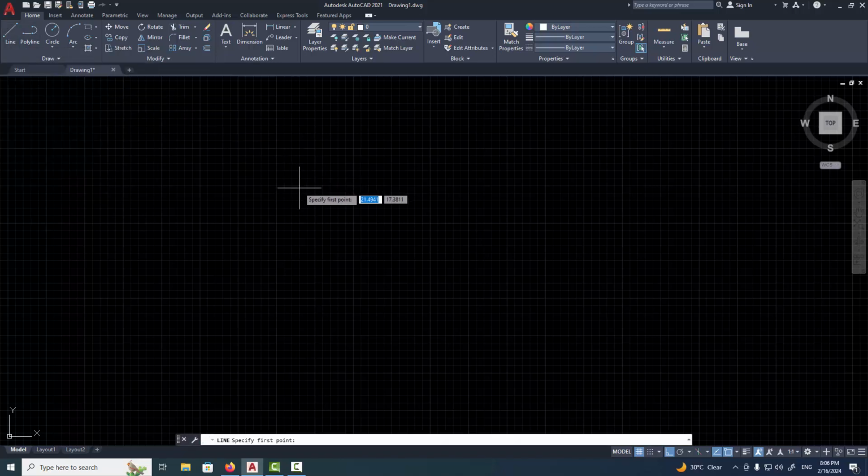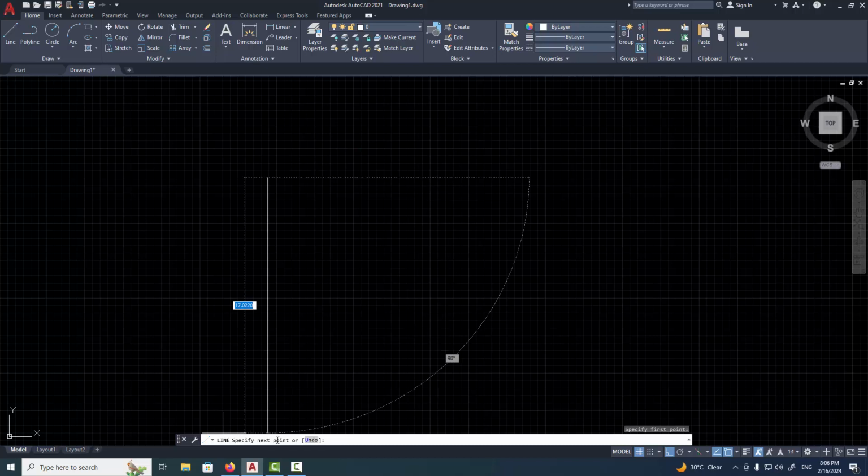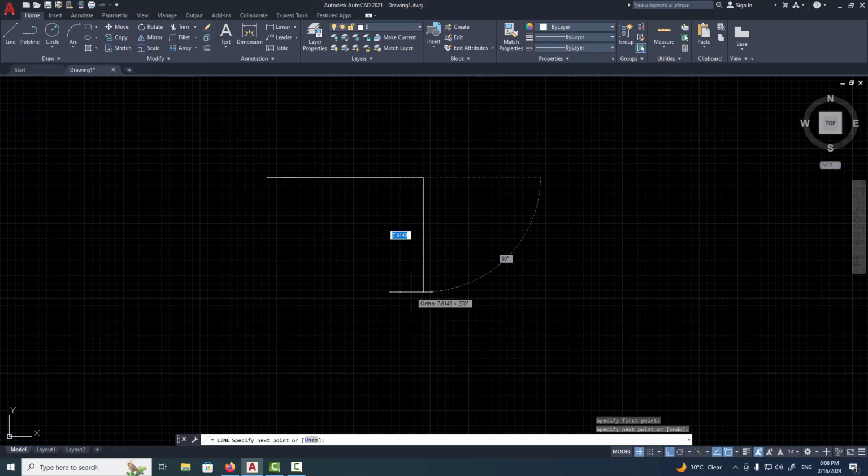So if I click on it, you will see that here in the command box, it says line specify first point. And if I specify my first point, then it says line specify next point, meaning it records all actions and each action is done using the command system. So let's continue specifying points until we are satisfied